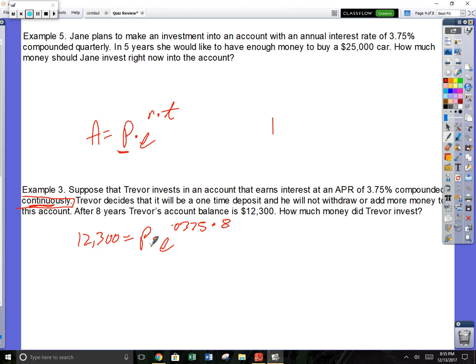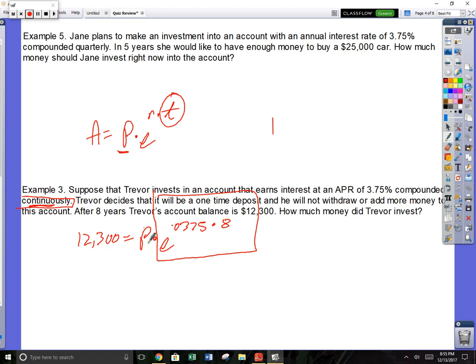So same as before, most of the time we're trying to find time, and to do that requires a log. But now this is really just once you change that to a number, it's just a linear equation, so it's a piece of cake. So on your calculator, you need to type in e to the 0.0375 times 8 and let the calculator do all the work,